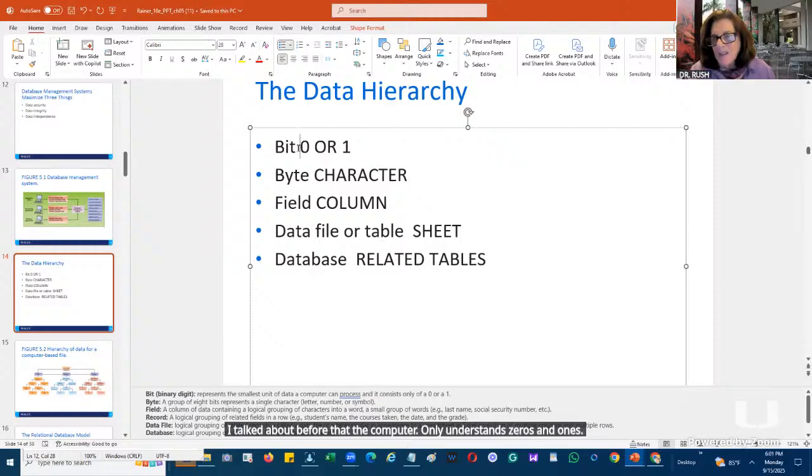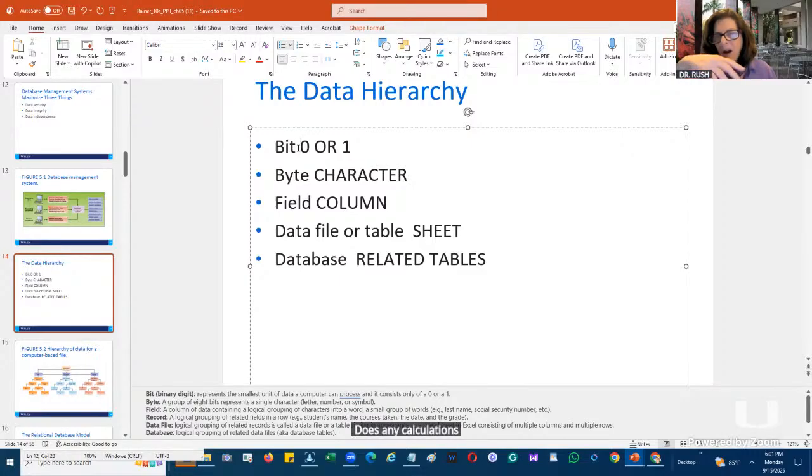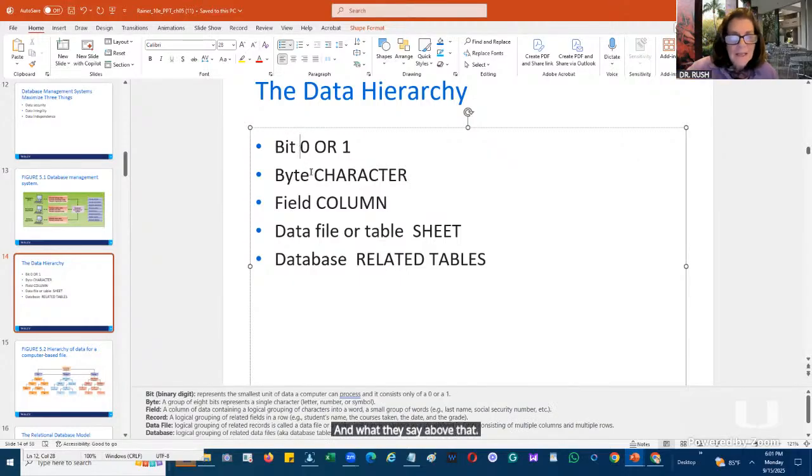We don't have to know that in terms of reading it, but that's really on and off switches, the way that the computer does any calculations. On and off is how it basically puts in words. It doesn't matter. And what they say above that is a byte is